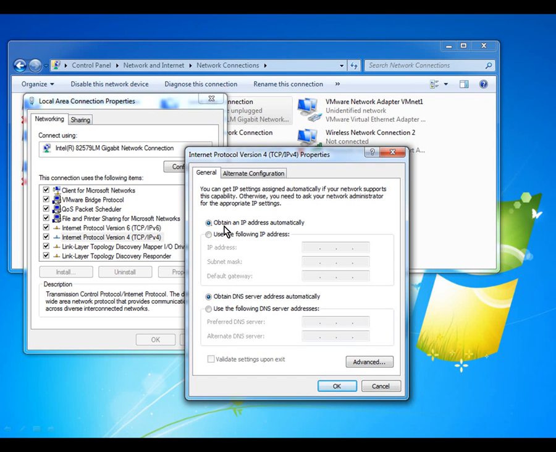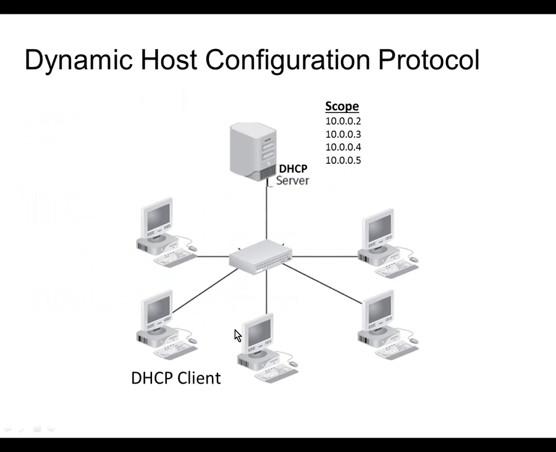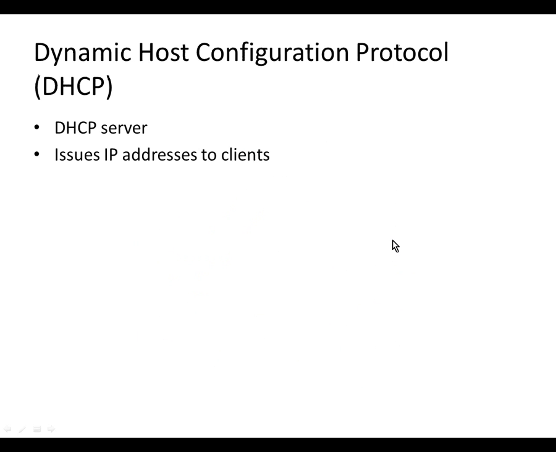If you click on the radio button that says Obtain IP Address Automatically, then here's what happens. When the computer powers up, it sends a request to the DHCP server, and the DHCP server pushes down the first available IP address. Saves you the trouble of walking around to each individual computer. The Dynamic Host Configuration Protocol issues IP addresses